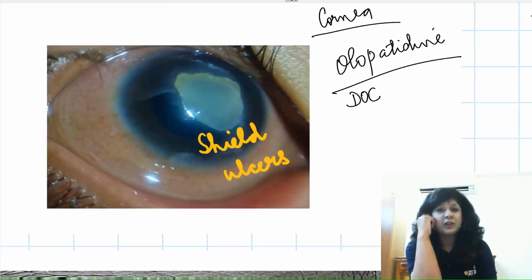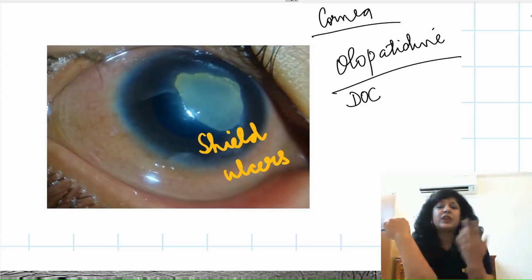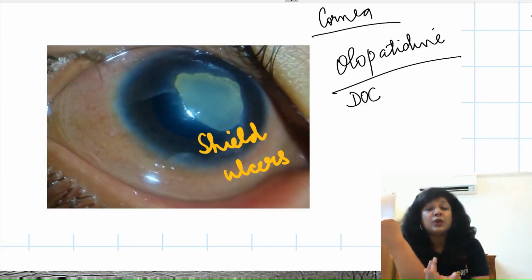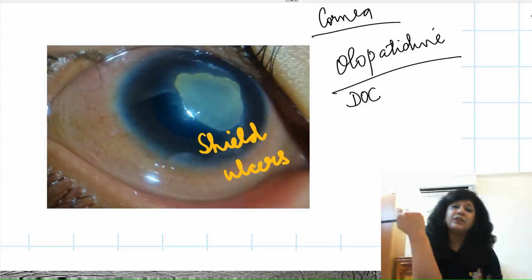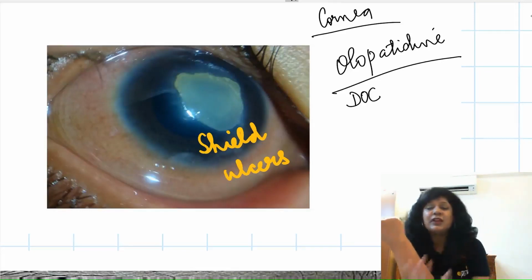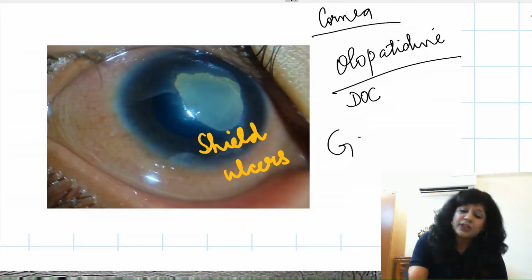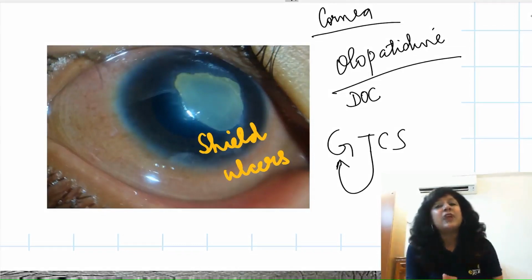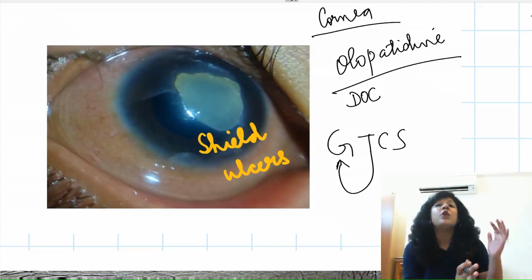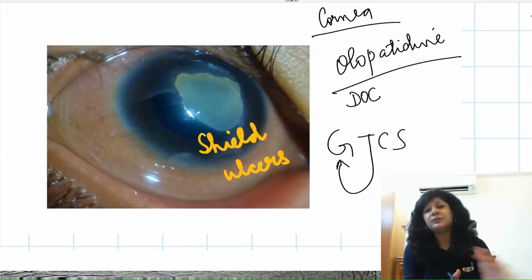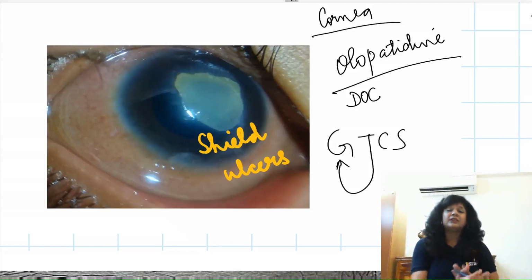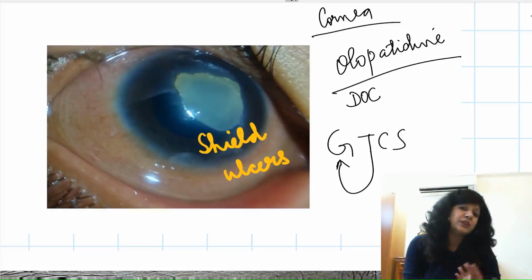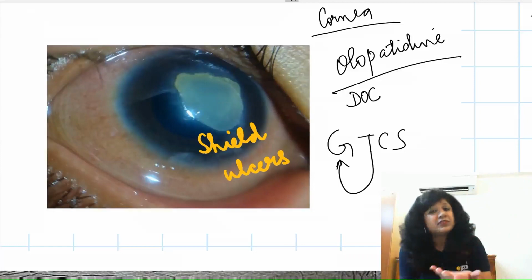Now, why not steroids? Obviously, steroids are very good because they are anti-inflammatory, anti-fibrotic, and anti-allergic also. And here we have inflammation, we have fibrosis, we have allergy. But we also know about the side effects: topical steroids have a problem of causing glaucoma, systemic steroids more have a problem of causing cataracts, and this is one disease where I have to give long-term treatment because this is going to last for about 10 years. So that is why I don't want to give the steroids at the earliest. If these drugs are not acting, only then I give the steroids.